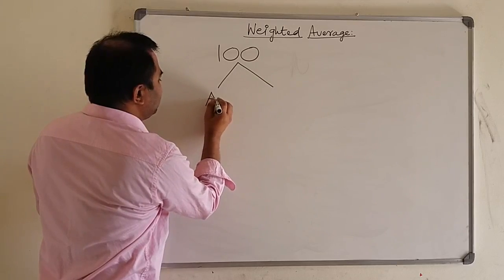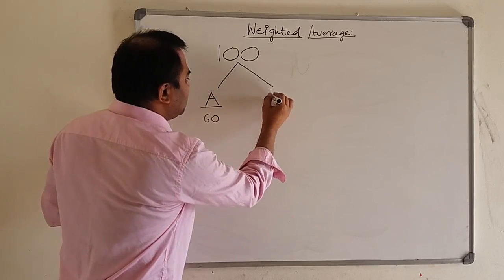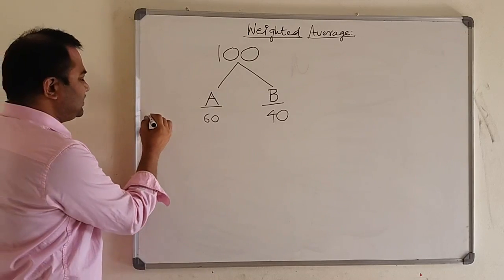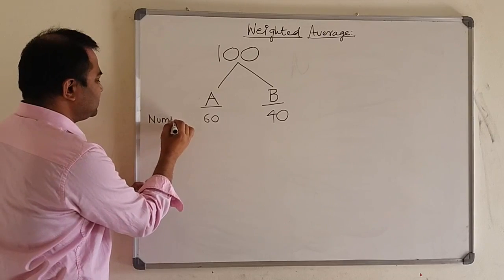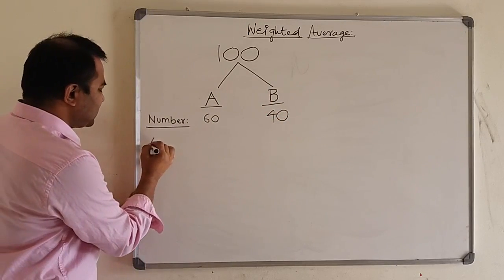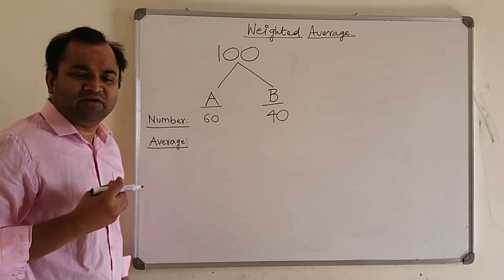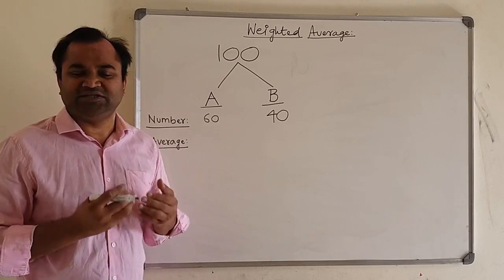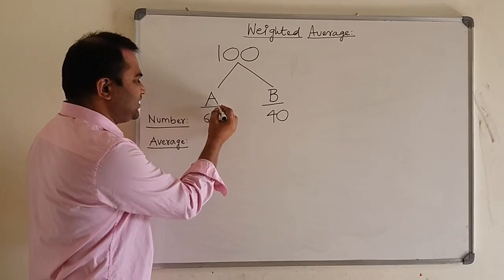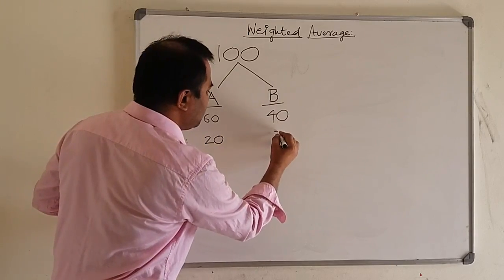Number of students in one group, say A, is 60 and number of students in another group, say B, is 40. 60 and 40 represent the number of students in the two groups A and B. Let us consider average marks of the students in the two groups. Average marks in some subject, in some test, out of some total. Let average marks of the 60 students in group A be 20